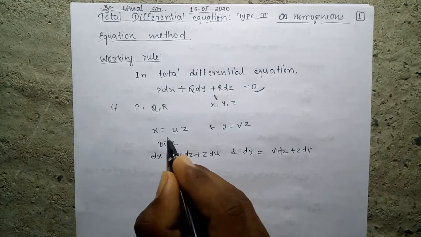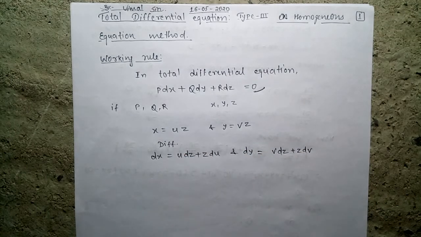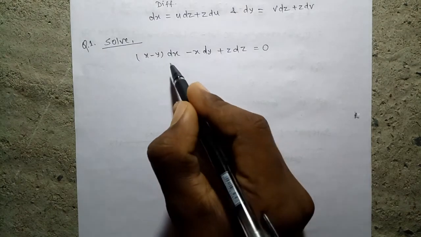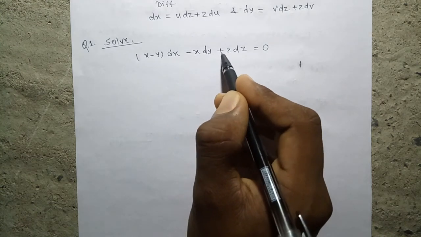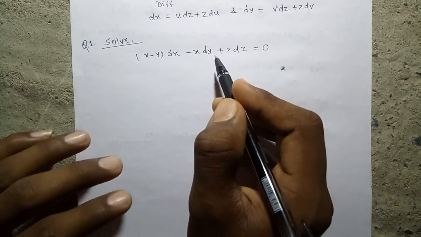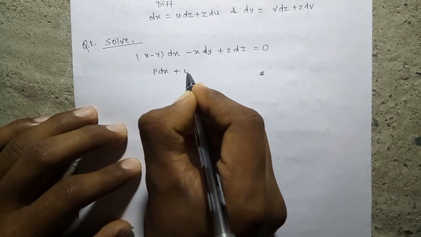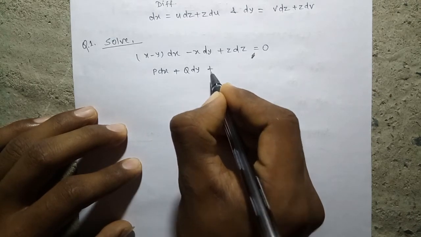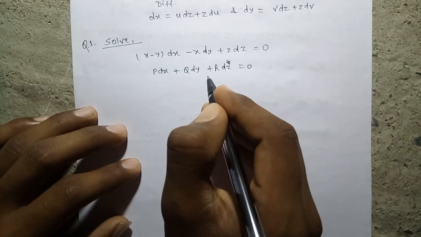इस इक्वेशन में हम x, y, dx, dy का वैल्यू पुट करेंगे और हम सेपरेशन ऑफ वेरिएबल मेथड का यूज करेंगे, तब प्रॉब्लम सॉल्व करेंगे। The given total differential equation is (x minus y) dx minus x dy plus z dz is equal to 0, which is in the form of P dx plus Q dy plus R dz is equal to 0, where